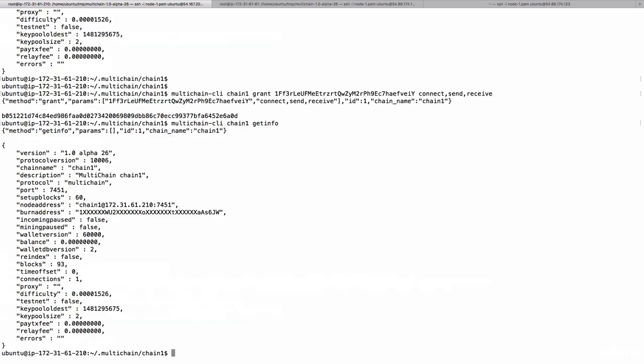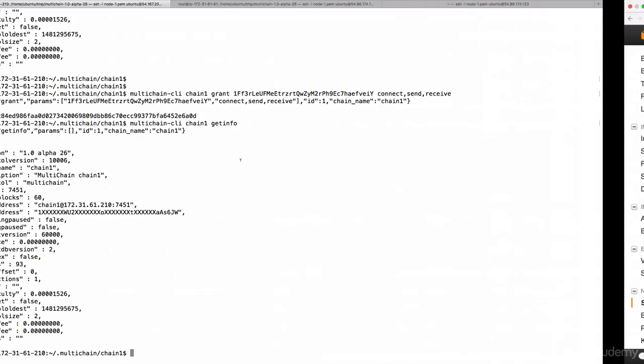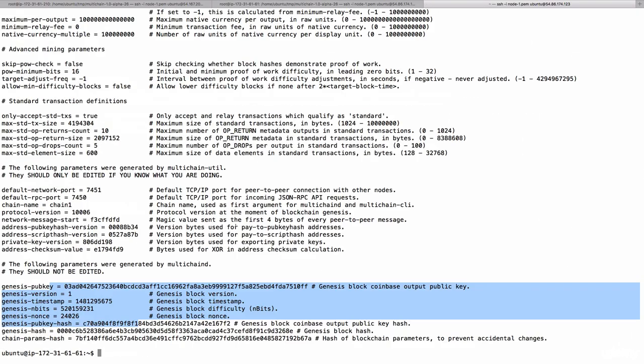So you'll see some blocks have been added. There are 93 blocks now. If you want to see the same information here, you can type. Remember, this is node 2 right now, multichain CLI,